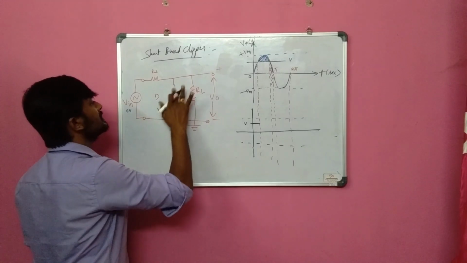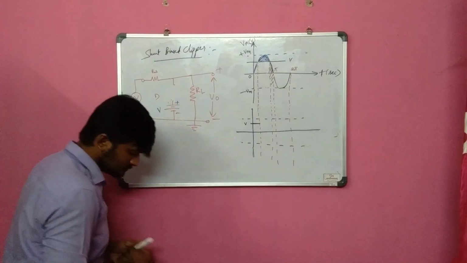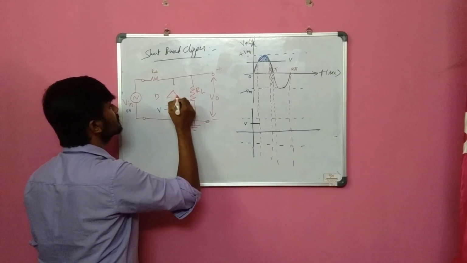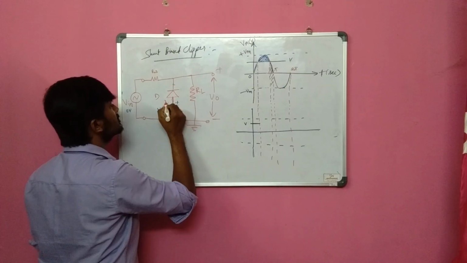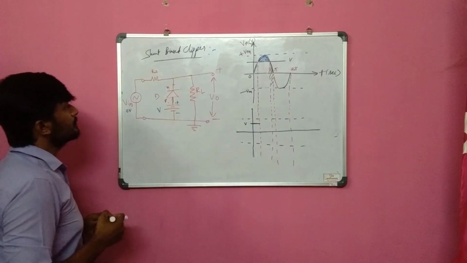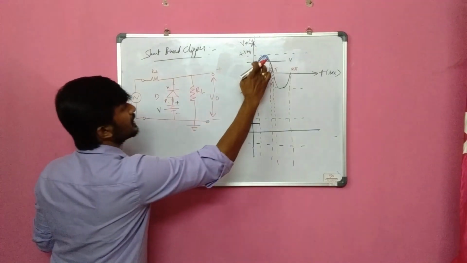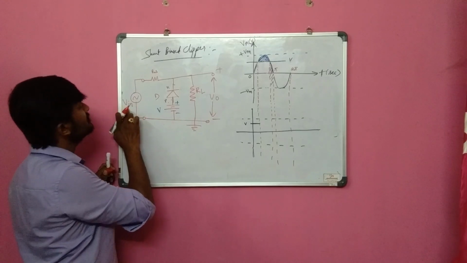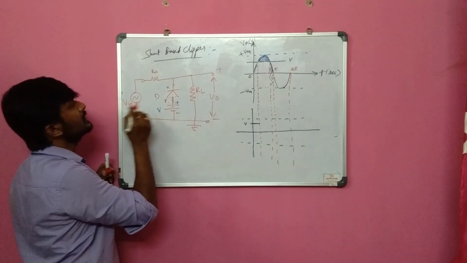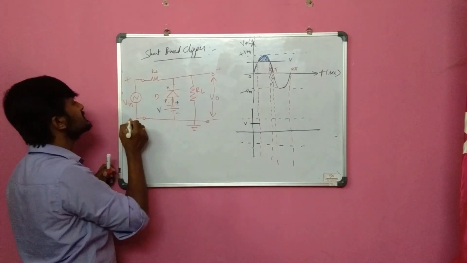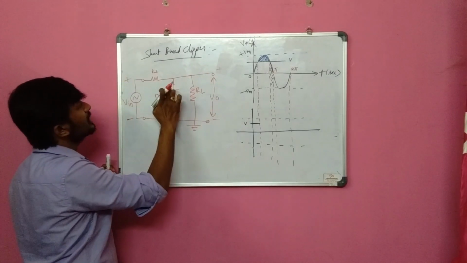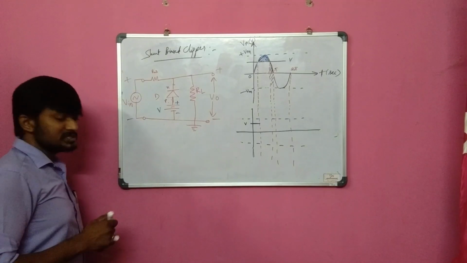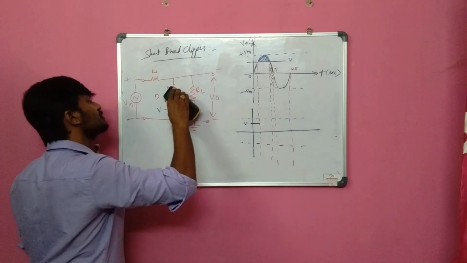So for the second case, let me again redraw the diode, as I have shown in the previous case. This is P, this is N. For all the voltages above V, this is definitely not 0 now, so Vin is dominating over the battery. This is the positive half cycle, so I have to take the polarities as plus and minus only. Plus is connected to N. Plus connected to N means which bias? Reverse bias. Reverse bias means simply open circuit, so I have to remove this diode.